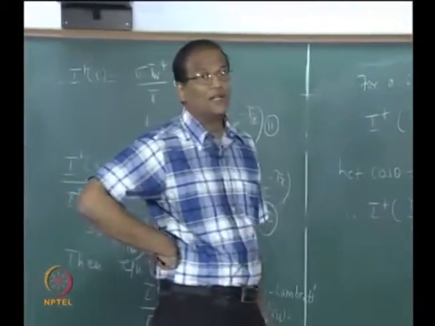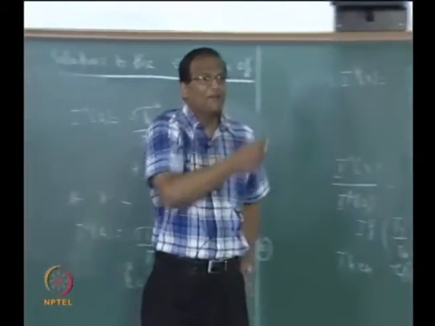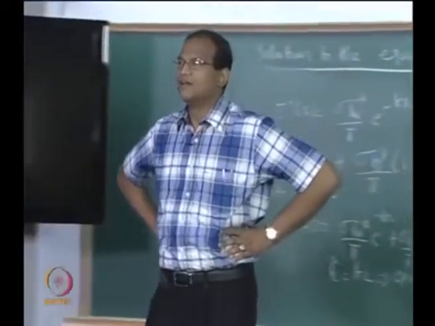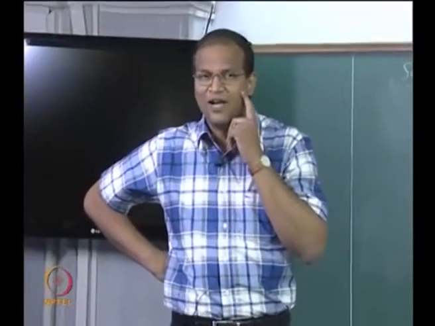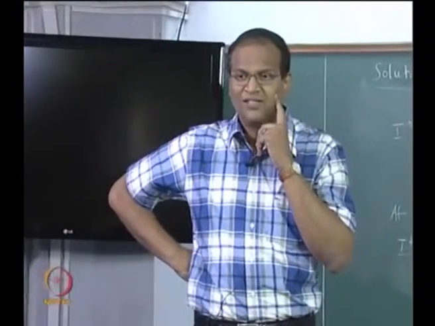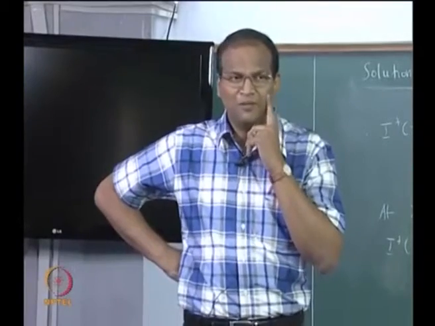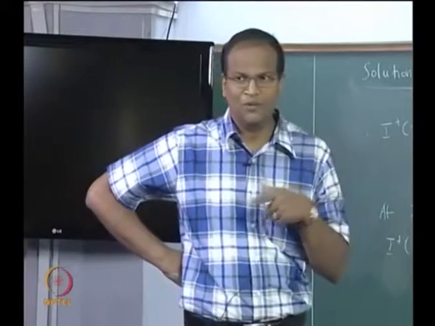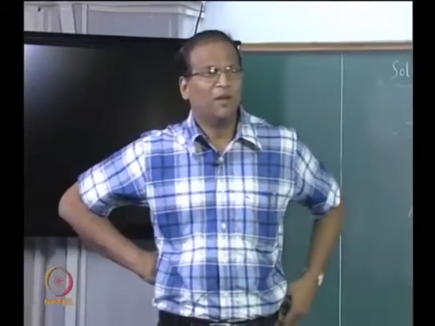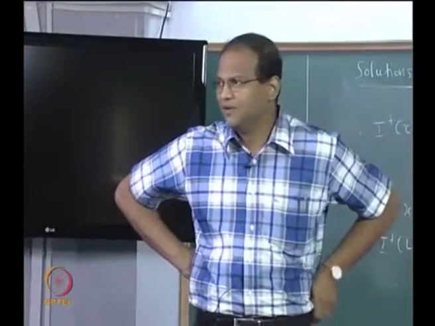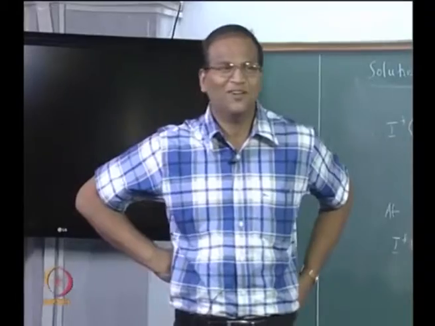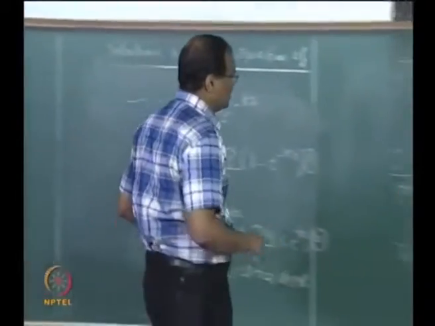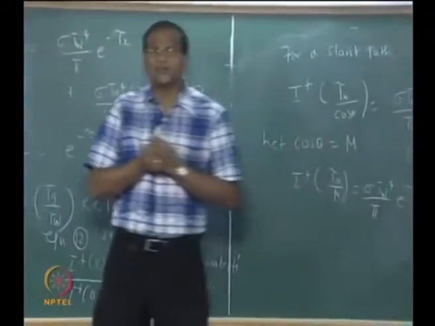Why am I worrying about sin theta d theta? Because I am looking at I plus arriving from all angles, and then for a hemispherical average quantity I have to find the integral over the solid angle. So I will get sin theta cos theta d theta d phi, then I can convert it into d mu. Once you have d mu, you can expect e to the power of minus something by mu, d mu, and then beyond a certain point it becomes non-integrable. Then we have to resort to some tables. These are called the exponential integral tables, which I will introduce shortly. So this is basically the solution to the equation of transfer.